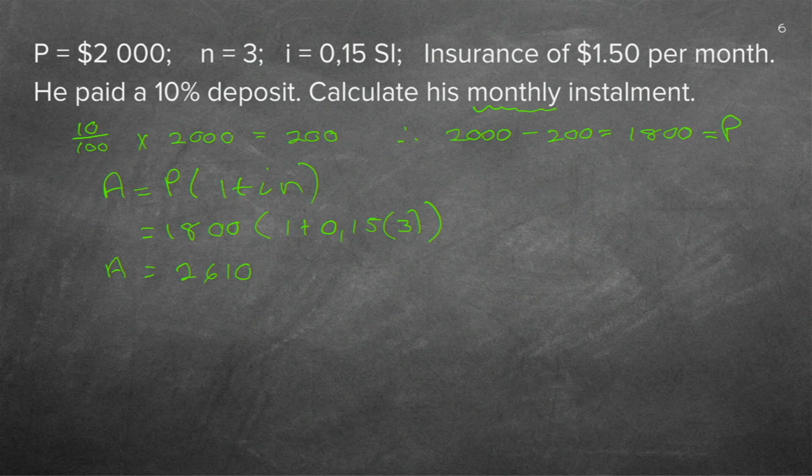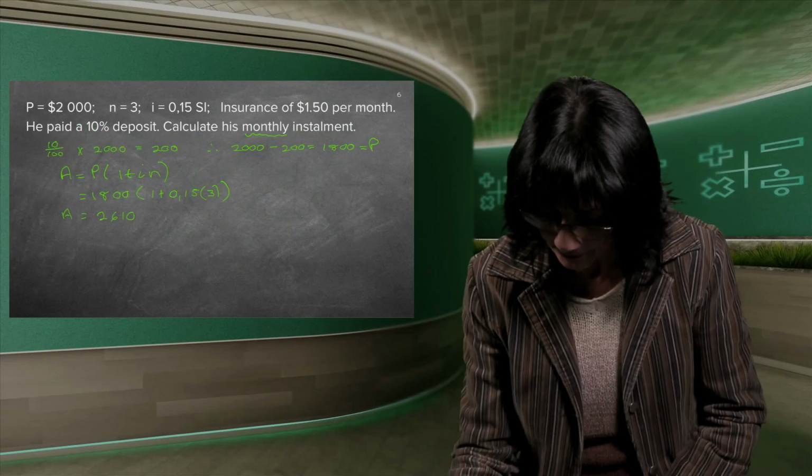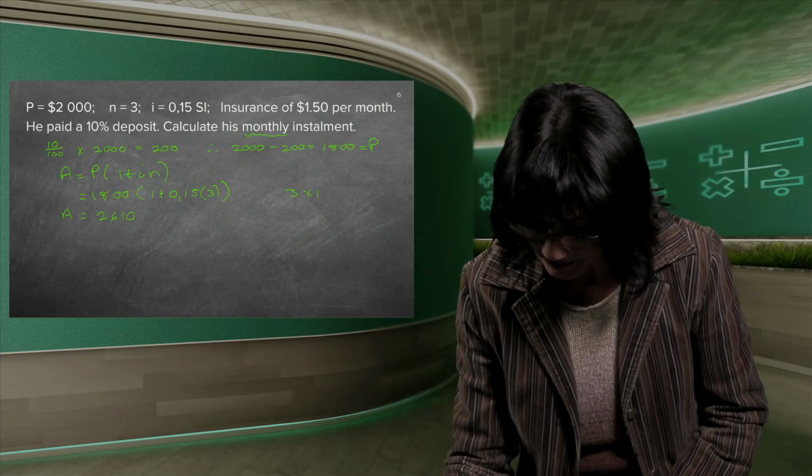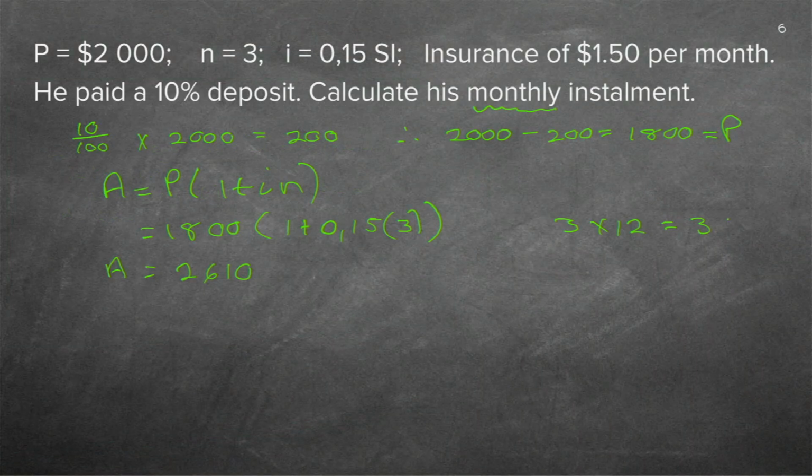So I need to take this and divide by something. Now, what do I divide with? I need to see how many months are there in 3 years. So I need to times that by 12, and that gives me the 36. So I'm going to write here monthly is 2610 divided by 36. And again, it's still on my calculator, the 2610, so I can just click divided by 36 equals. And I press the SD because I want a proper answer.